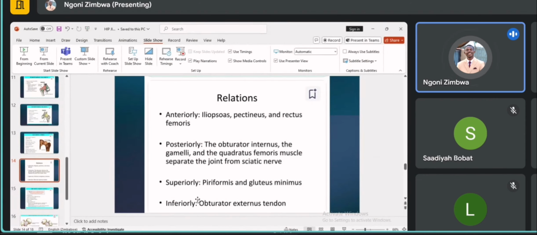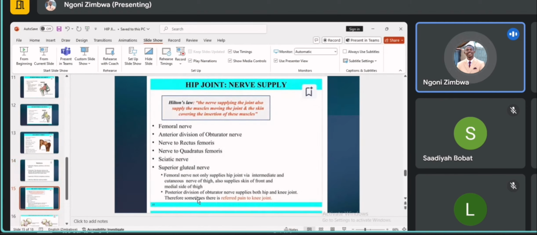Let's now go to the relations of the joint. I think I'm going to finish with this one. Let us go to the nerve supply. All right, I remember he mentioned what you call